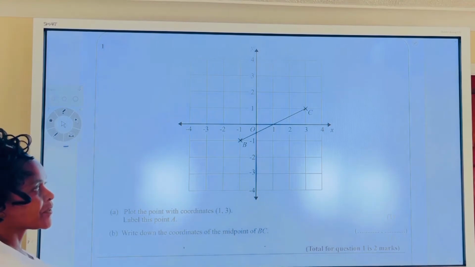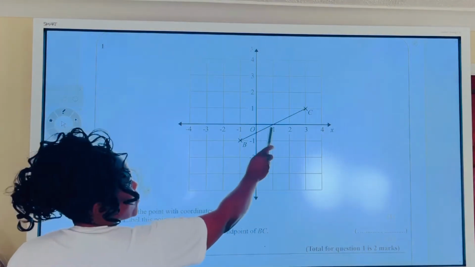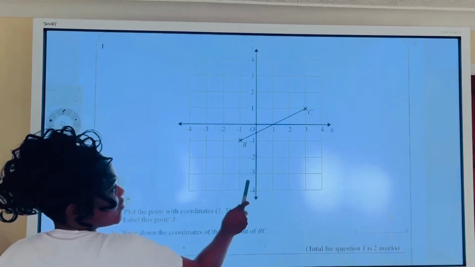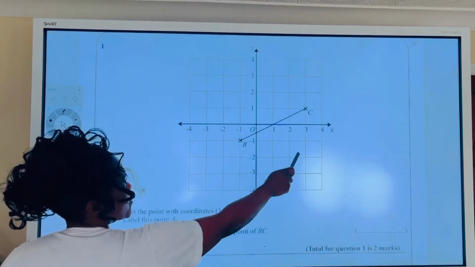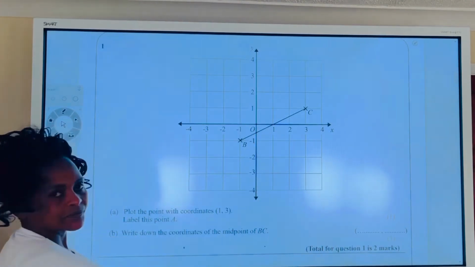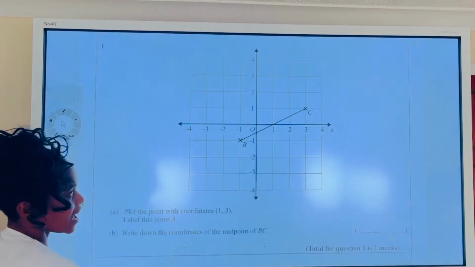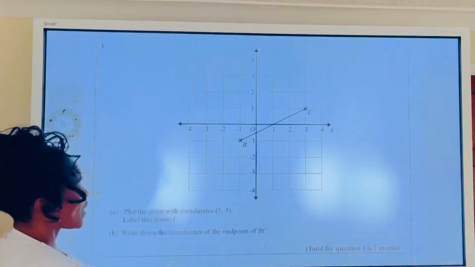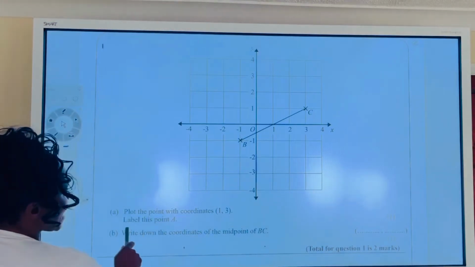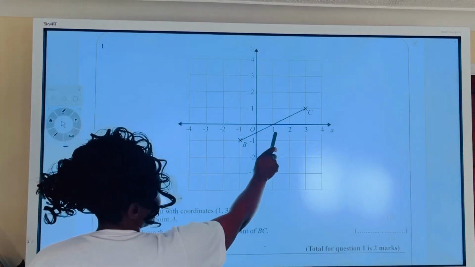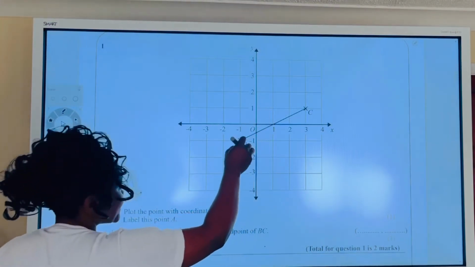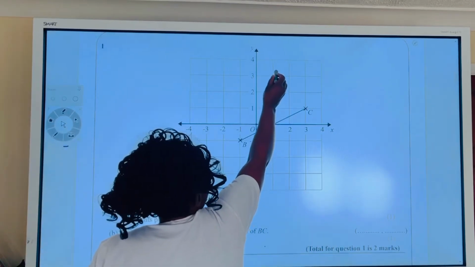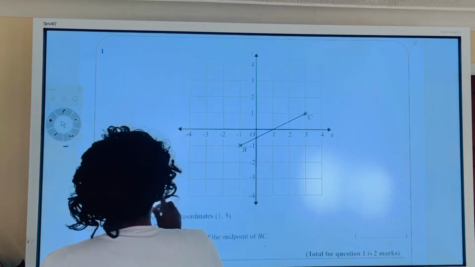As you remember, we said along the corridor, this one we have got 4 quadrants, so it's along the corridor, up and down the stairs. So we always start with the x-axis and then the y-axis. So on here, my along the corridor is 1, up the stairs is 3. So which means my point is going to be